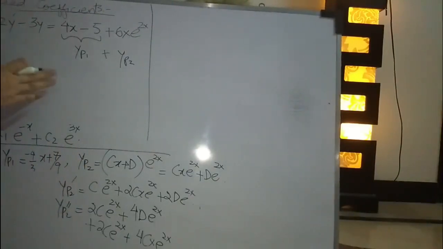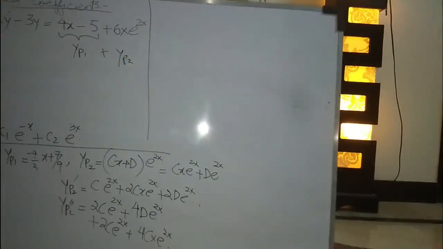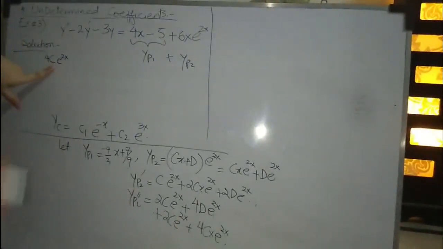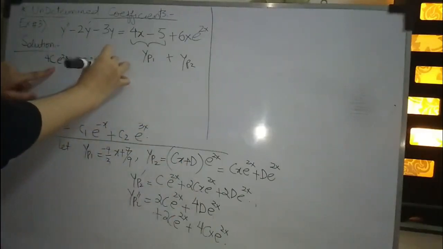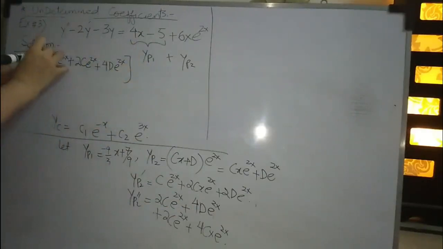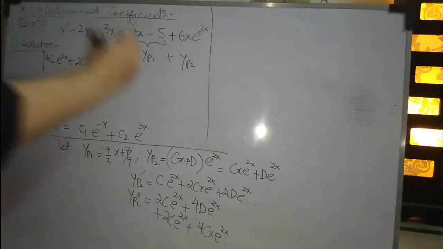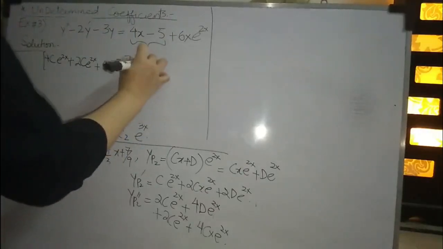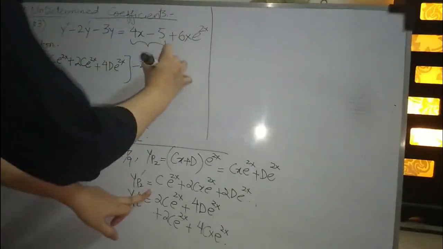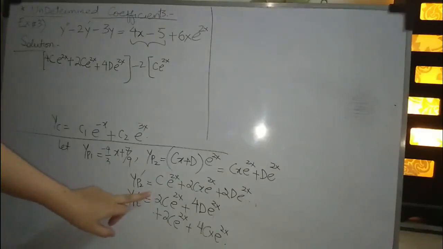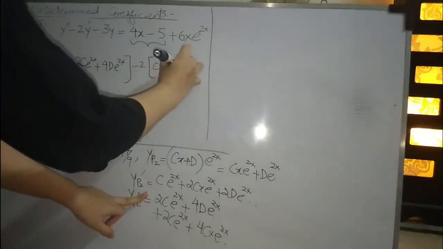4c e to the power 2x. So yp2 double dash is 4c e to the power 2x plus 2 into c e to the power 2x plus 4 into d e to the power 2x. So that is yp double dash, and minus 2 into y dash. So yp2 dash is c e to the power 2x plus 2 into d e to